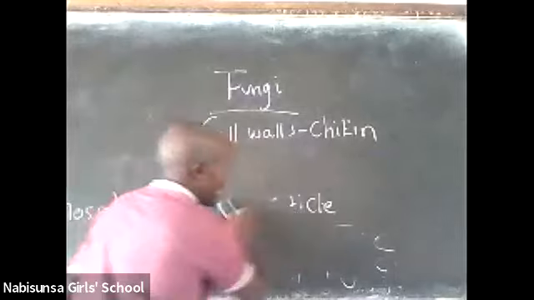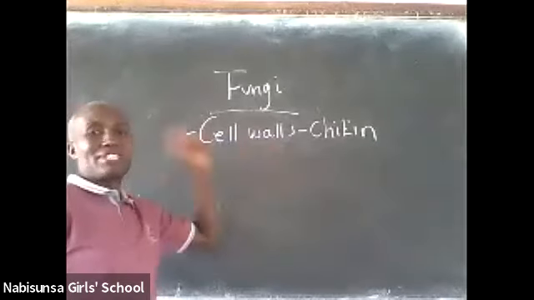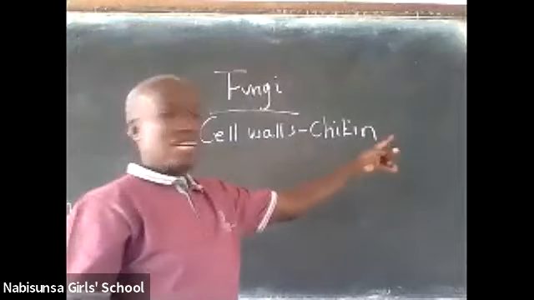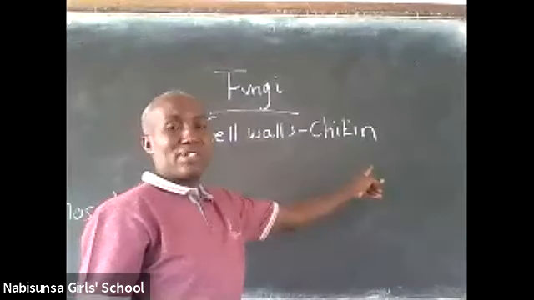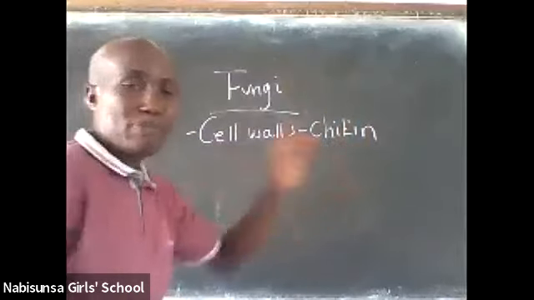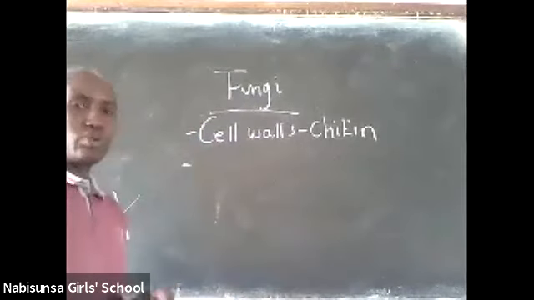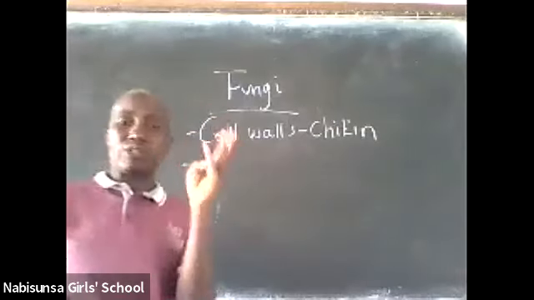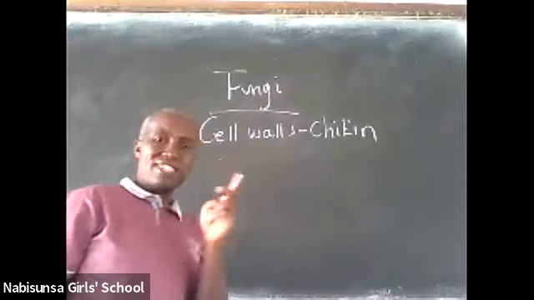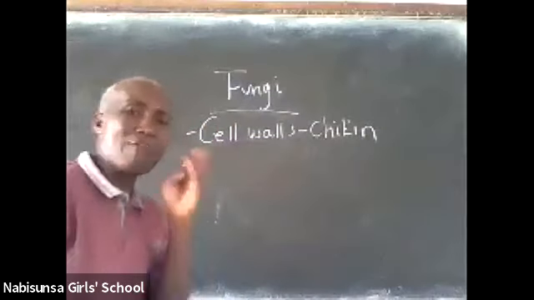So to avoid confusion, let me remove this. We are saying fungi have cells with cell walls, and those cell walls are made up of chitin, and the same substance makes up the exoskeleton of the insects. I hope that is clear. Okay, we go to another characteristic. Those are so far two: we talked about heterotrophic, and cell walls. Another characteristic of the fungi is the bodies of the fungi. Most of the fungi are multicellular.